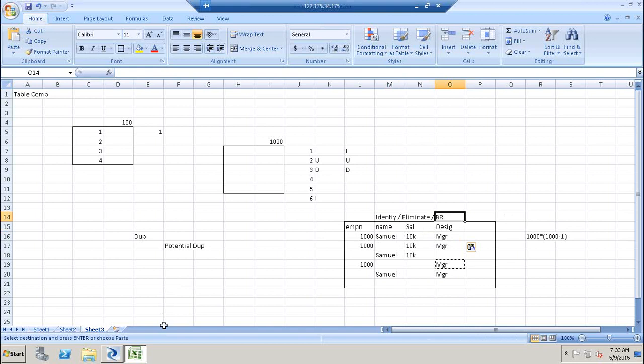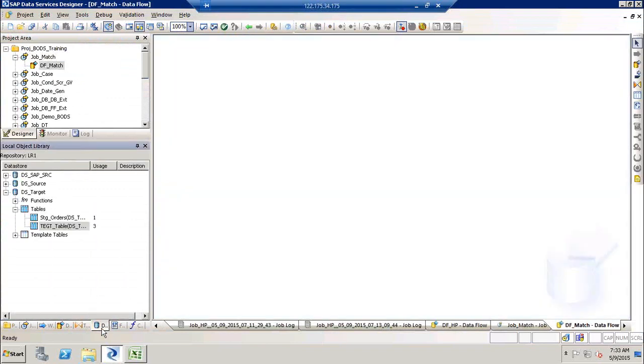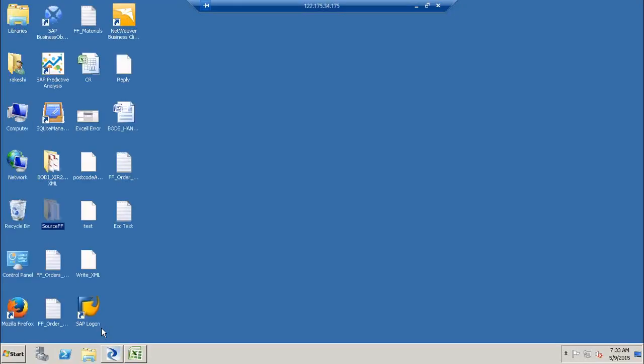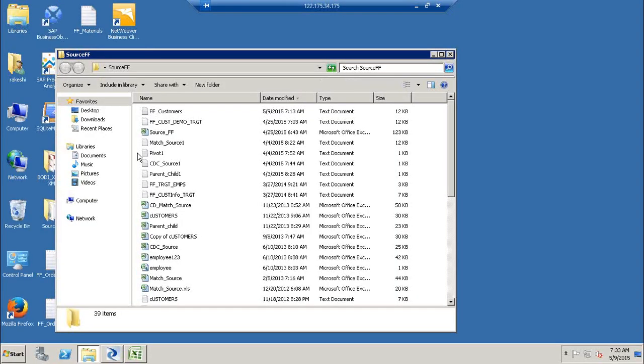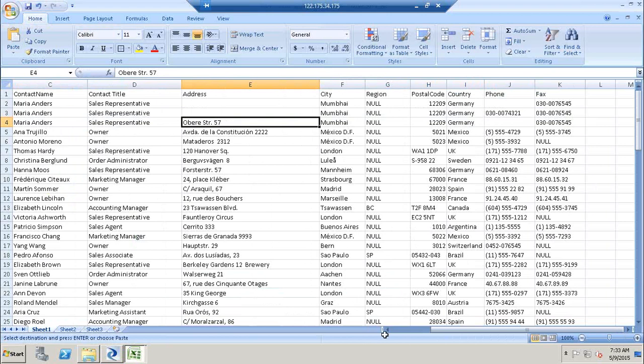Guys, we will take another 10 or 15 minutes for that, so please be patient. Let us go and create a data flow, df underscore match. I have a separate source file for this which has duplicates in it. So this is the actual source